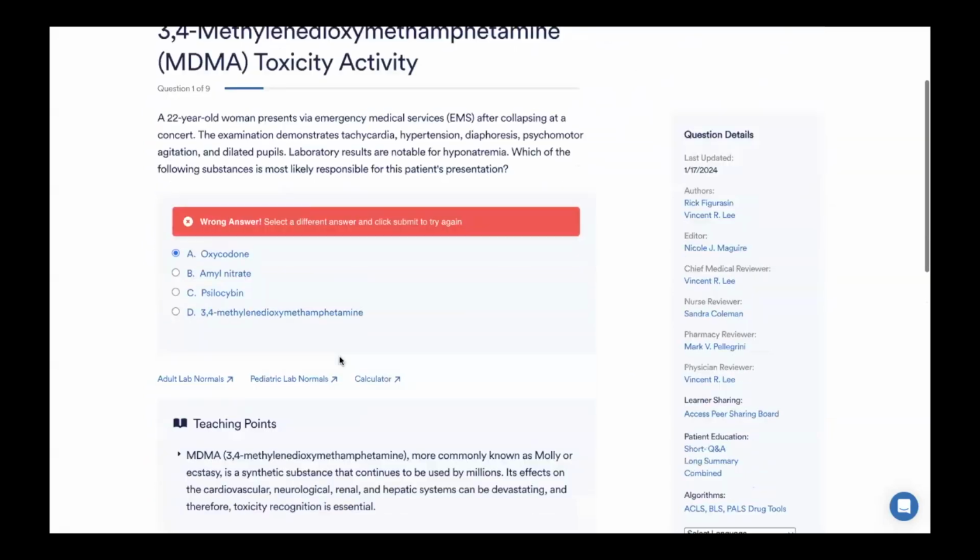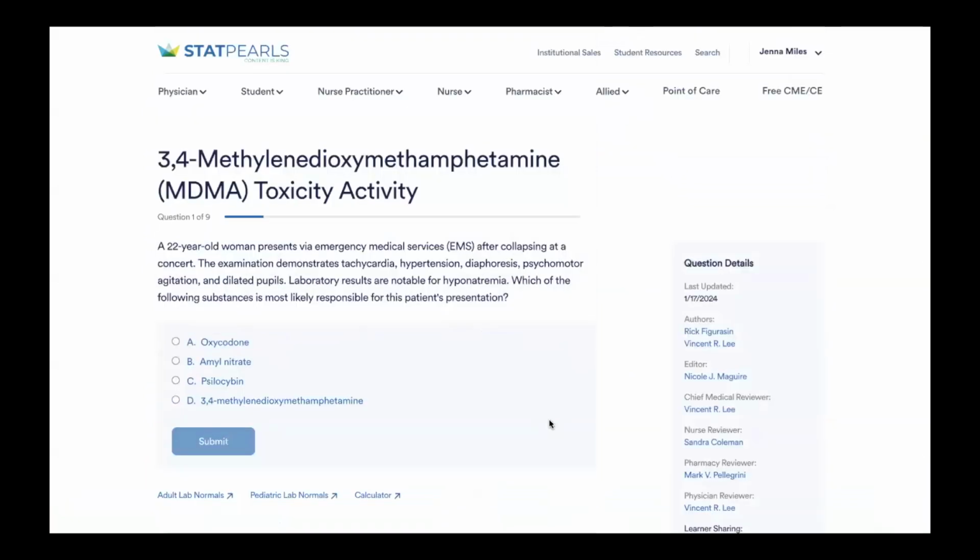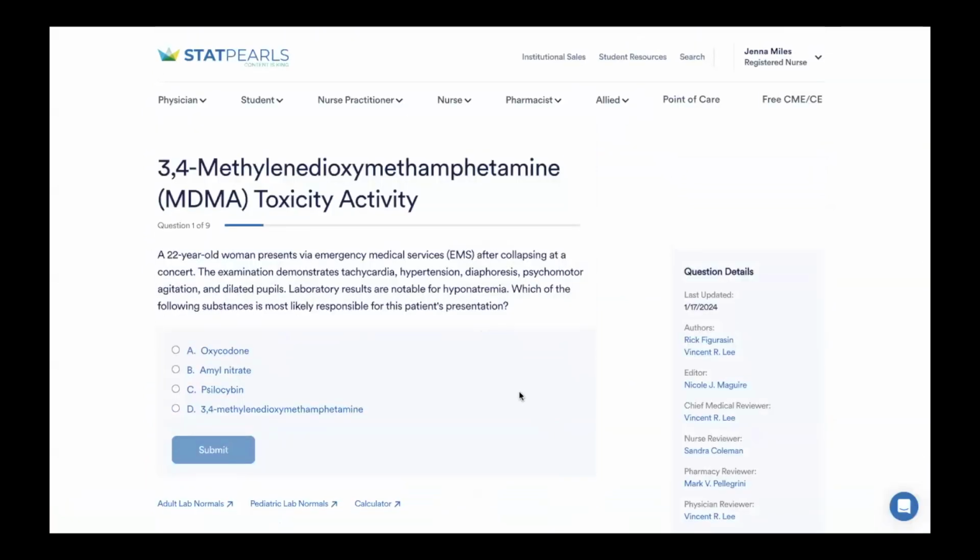And again, if I get that answer wrong, it's going to give me some teaching points and some details. When I hit my next question, it's going to prompt me to go back and complete that question until I get it correct. Once you complete all of these questions correctly, you'll then be able to produce the certificate showing you've completed the activity. Just to show you a little bit about what that looks like,